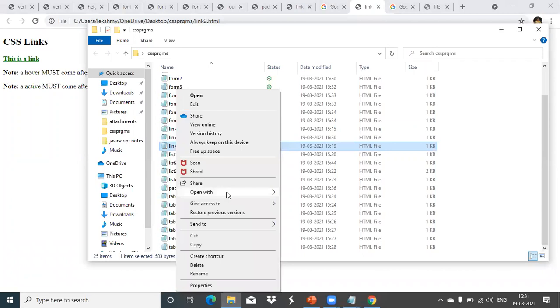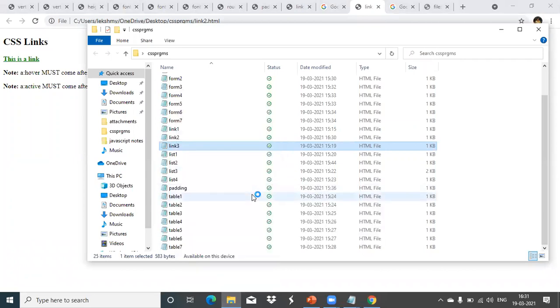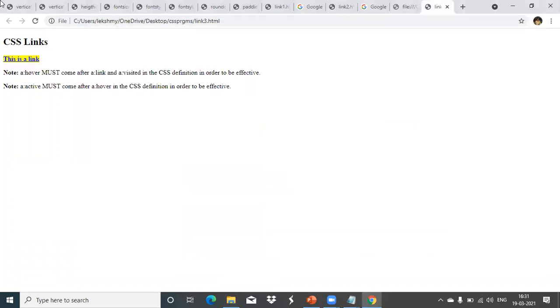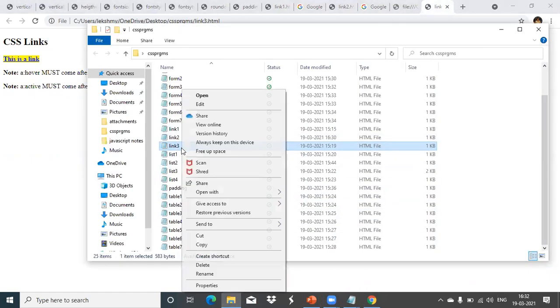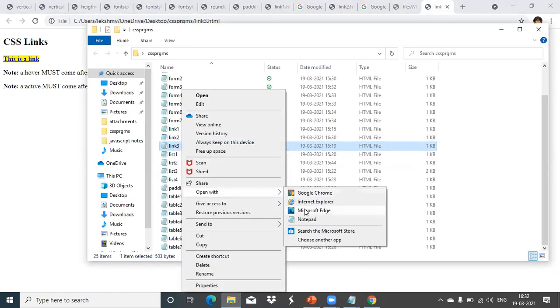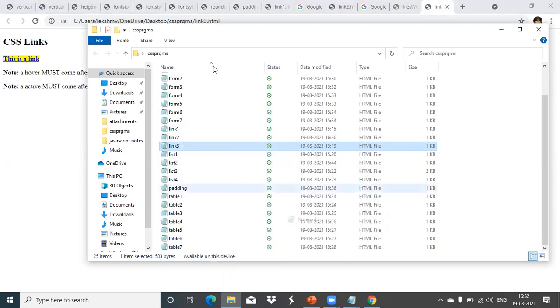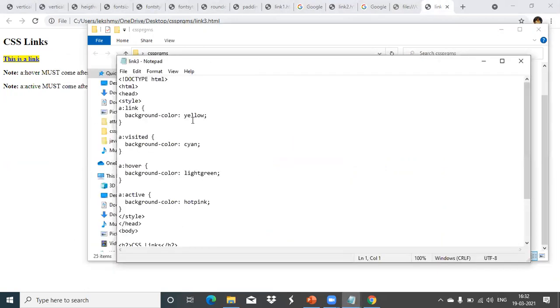Now we'll see for the link. We have given a background color yellow.